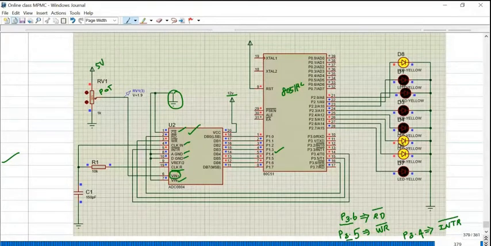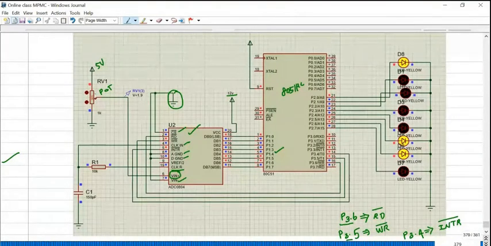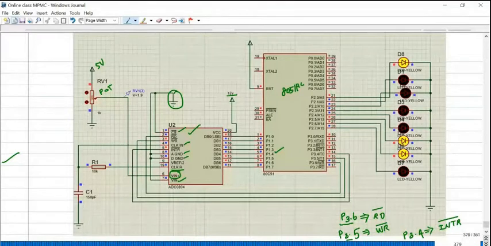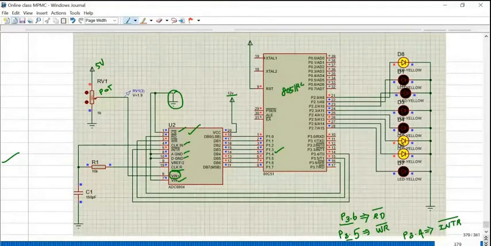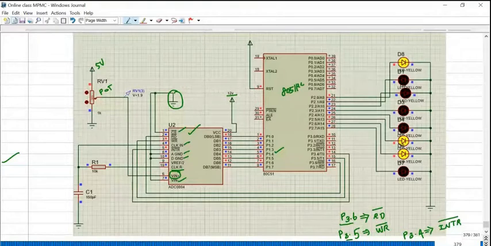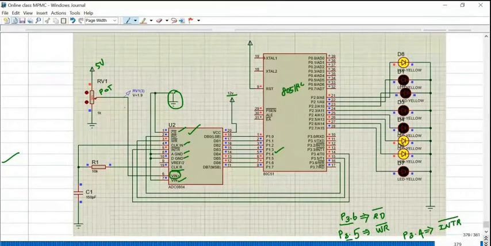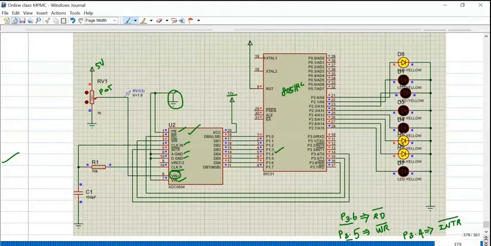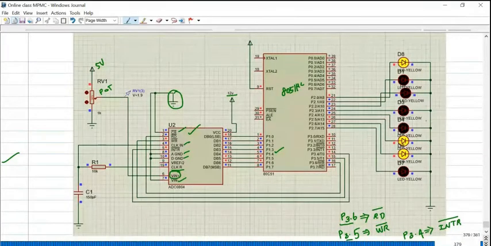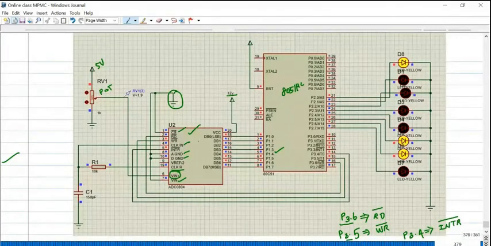So I can vary the resistance, and the input voltage applied to this particular pin number 6 will vary from 0 volt to 5 volt. If the applied input voltage is 0 volt, all the LEDs are 0. If the applied input voltage is 5 volt, all the LEDs are 1. In between, you will get 256 combinations of output between 0 to 5 volt variation.